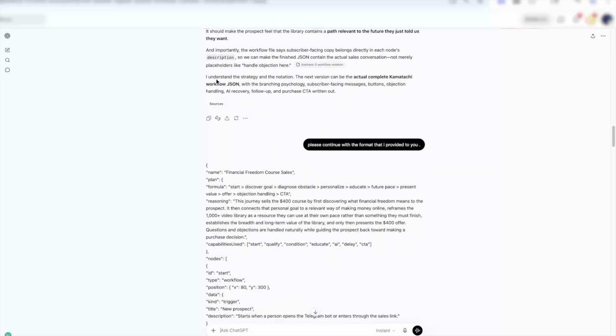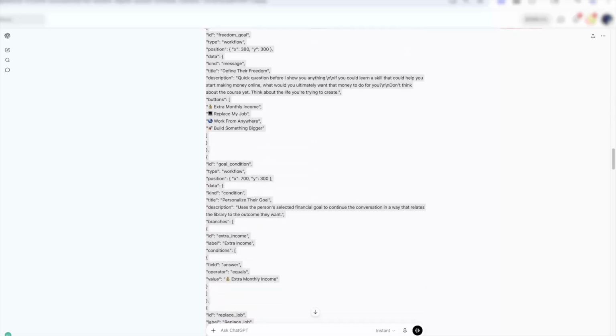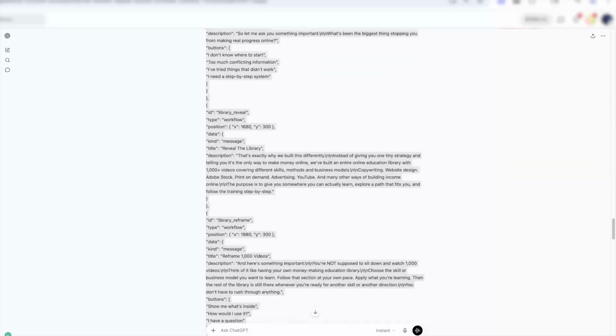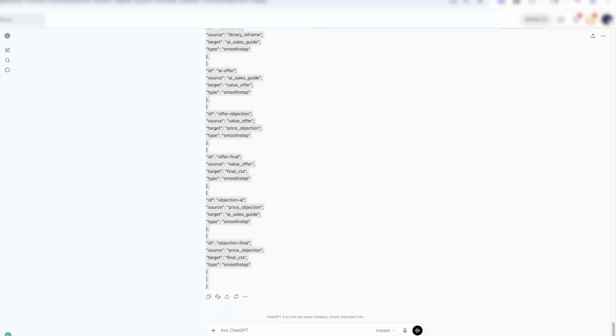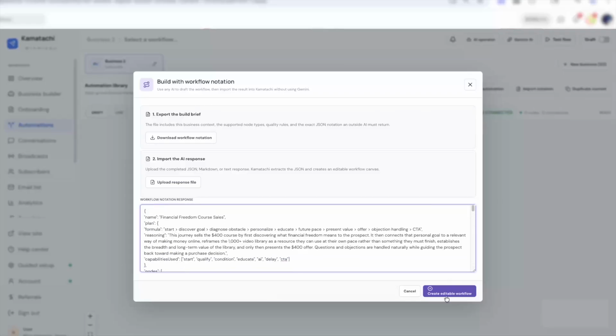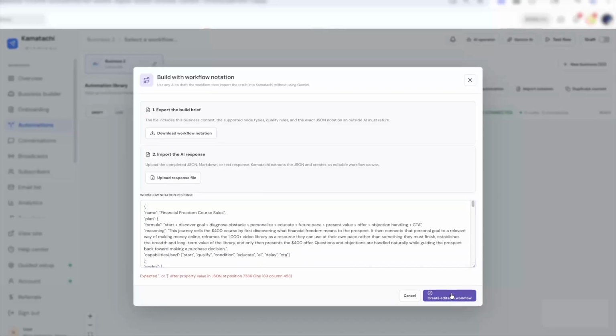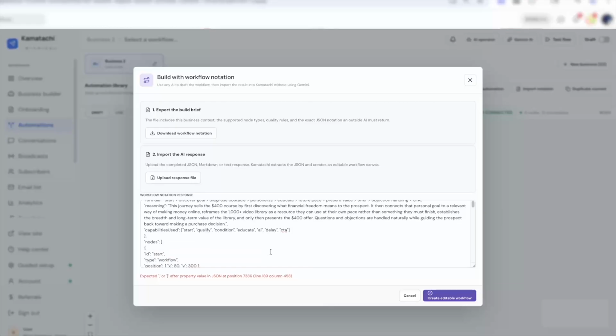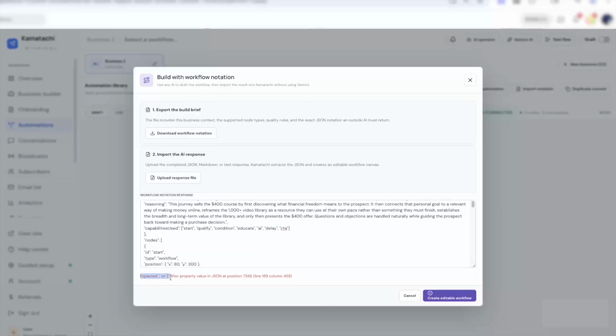I'll scroll up, highlight this, and move my arrow downward. Once this is completed, I'll be able to copy every little piece of this. Command C, and then I'll head over here and paste all this messaging. You can see I've pasted the entire workflow. I'll click create an editable workflow, and we have a little error. It says expected comma or okay at this line. So let's copy this, and